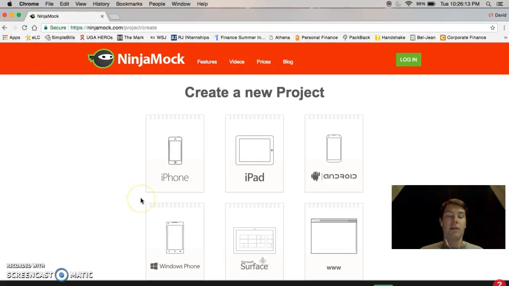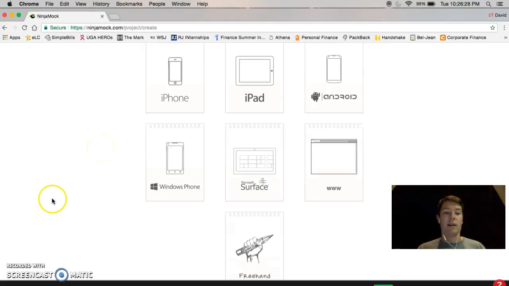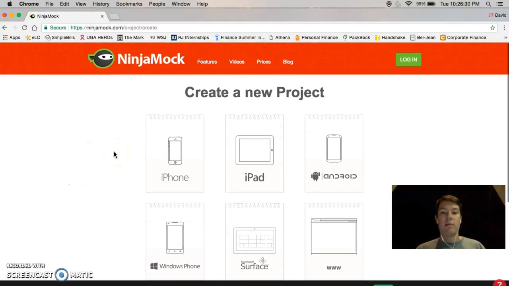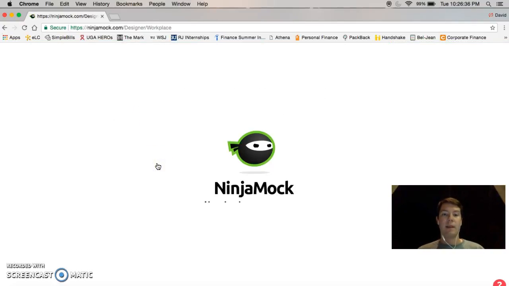So, this is a tool called NinjaMock, which basically gives you the ability to make PDF documents. And it gives you a bunch of different templates. What I like is that it shows you what it would look like on any device. So I primarily want to have my app be on an iPhone. So if I go on the iPhone, and something to be said about this is that there's a free version